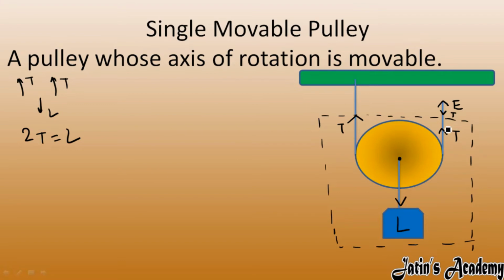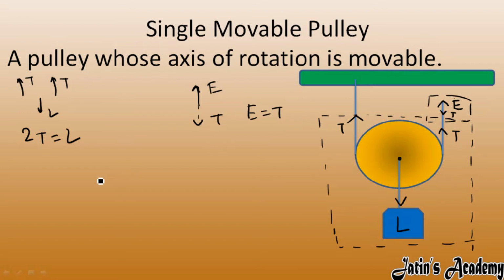Now carefully see, for this pulley, load is acting in the downward direction. For this load, tension is produced in the upward direction. But if you will see this portion, at this portion, effort is applying in the upward direction. And for the effort, tension is applying in the downward direction. So if we will balance the forces, effort is equals to tension.